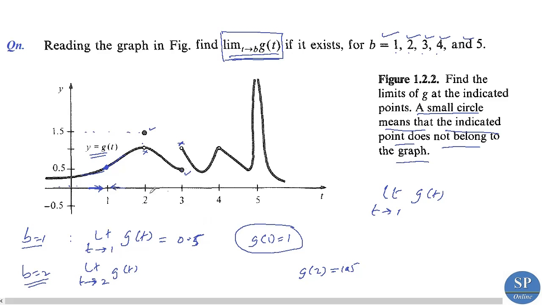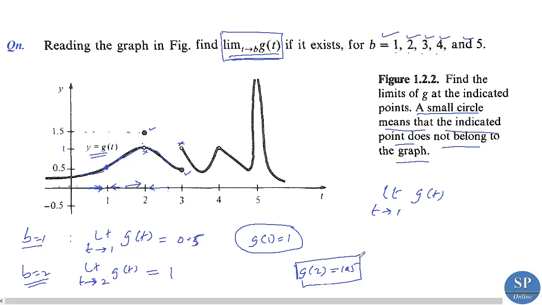Now what about the limit? Limit t tends to 2, g of t. As t tends to 2, we have the curve approaches to this point. This point is 1, right? This is 0.5, this is 1, so this point is 1, and from t approaches to 2 from right, then also we can see that this approaches to this point, this point is 1. So as t tends to 2, g of t tends to 1, but this is not the point g of 2. Okay, here the limit exists, and that limit is not equal to